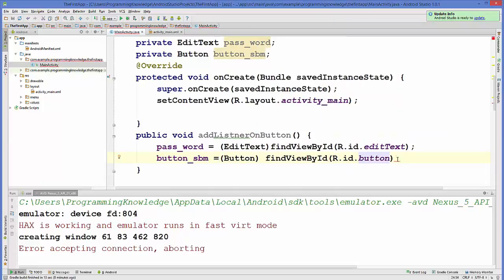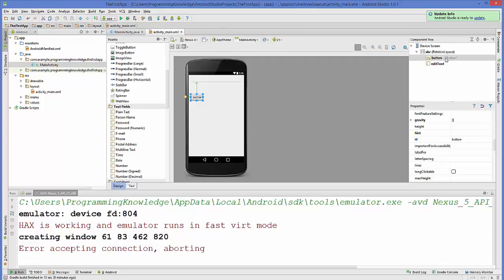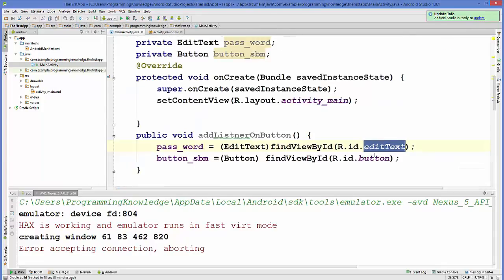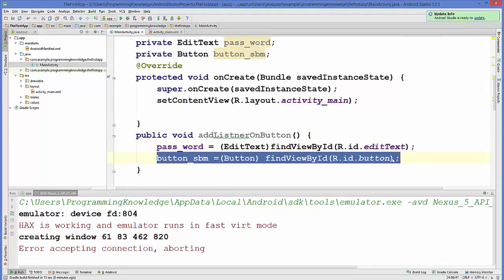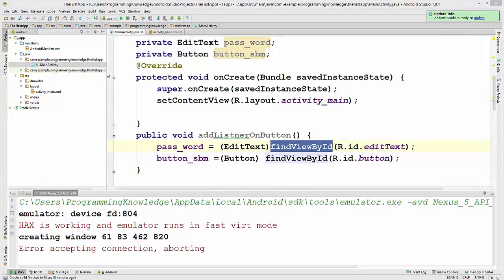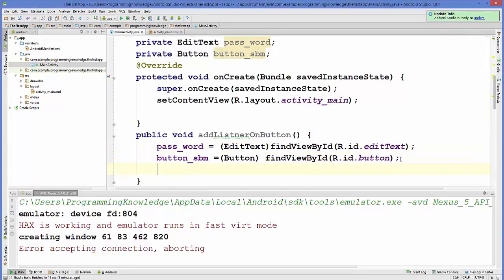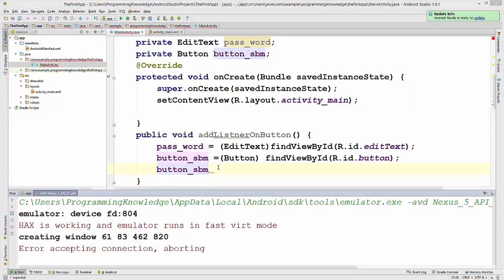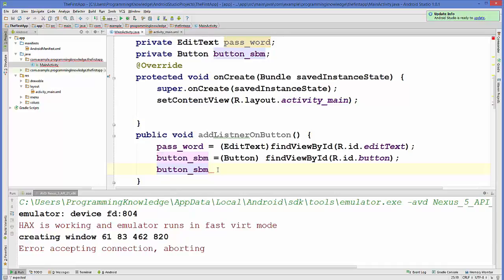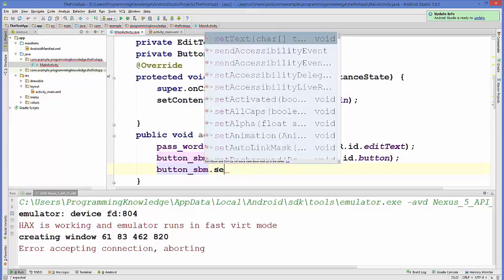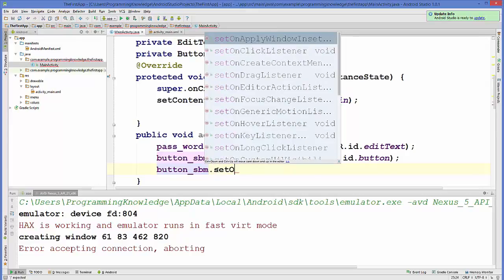Because the ID of our button is button itself, and the added text is added text itself, that's why I have used added text and buttons here. Now we are going to take this button and add a listener to this button. So buttons and then dot setOnClickListener,